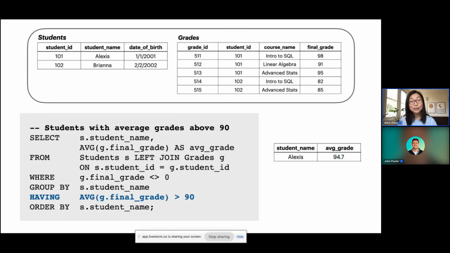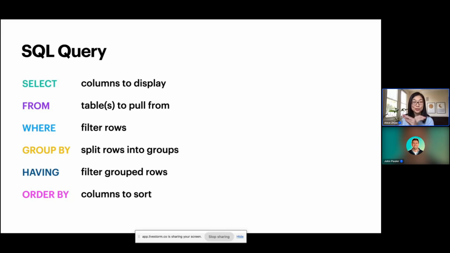And then finally, our order by allows us to sort our data, and in this case, we just have 1 row. But this shows you how you can use all 6 clauses together. So we just went through a query that contained all 6 of these clauses here. So you should be pretty proud of yourself for being able to walk through that step by step.